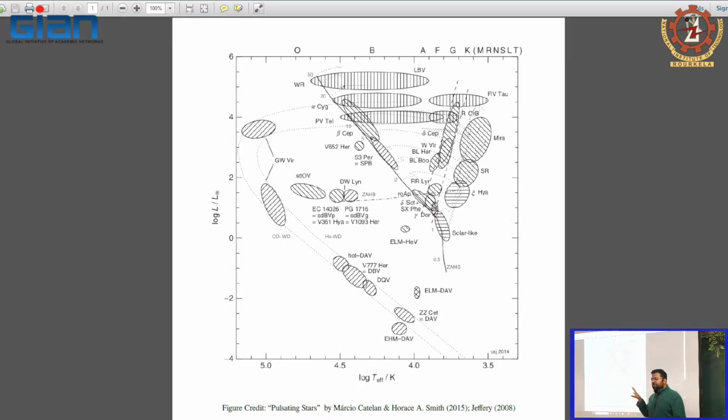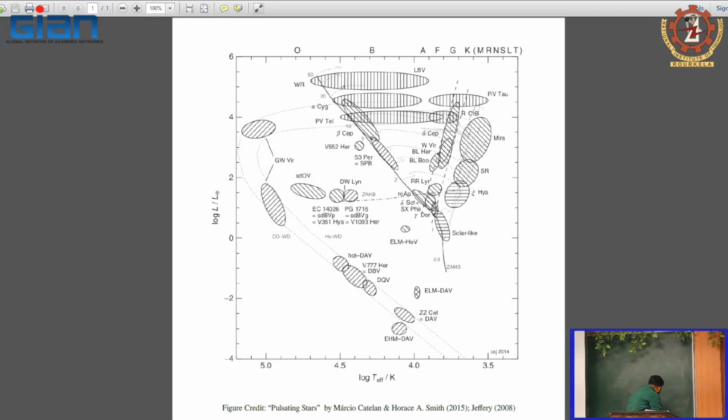Okay, so this is the HR diagram, and this image is taken from the book Pulsating Stars, written by Catelan and Smith, published in 2015. They have adopted it most likely from Jeffery 2008. What is mentioned in this plot are the different classes of pulsating stars. On the x-axis is temperature and on the y-axis is luminosity, and this line represents the location of our main sequence. You see the dotted lines here, one dotted line, another dotted line, and another one. If I plot the evolutionary tracks for different masses,